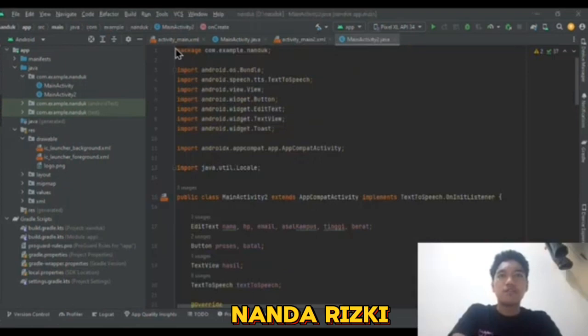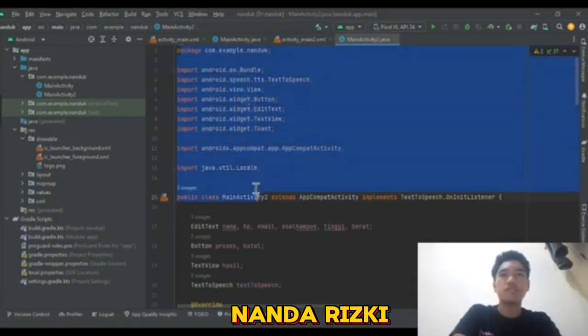The next step, we will create the Java coding so that the application can be processed. Here is the Java coding.